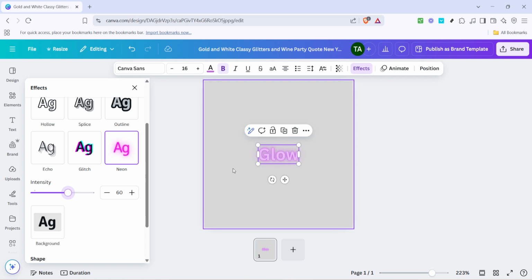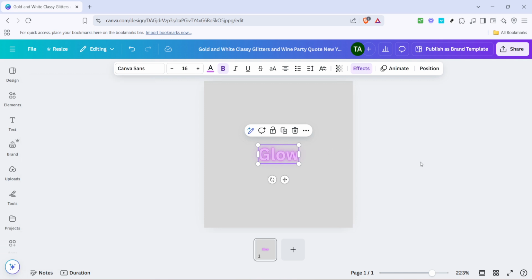I hope you found this tutorial helpful and feel inspired to infuse your designs with a little